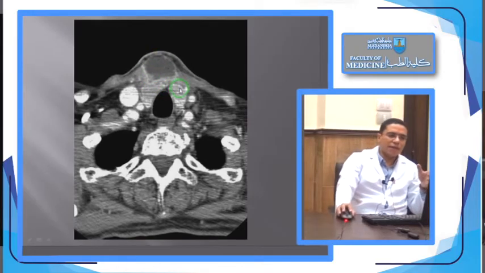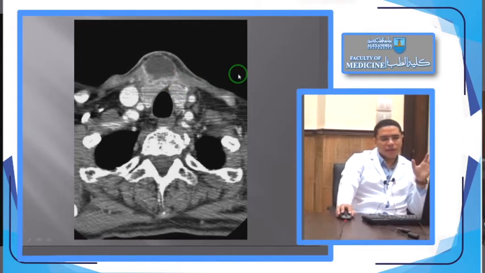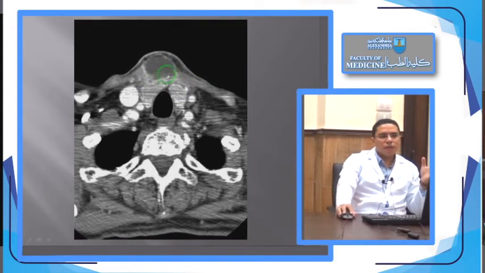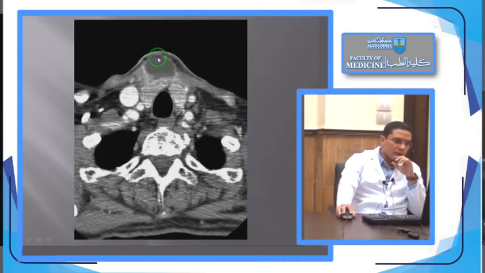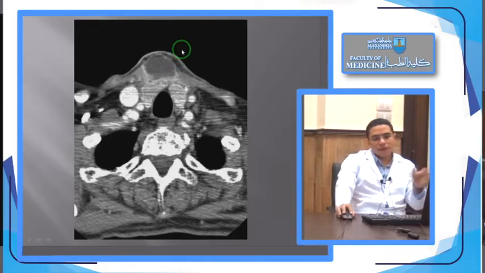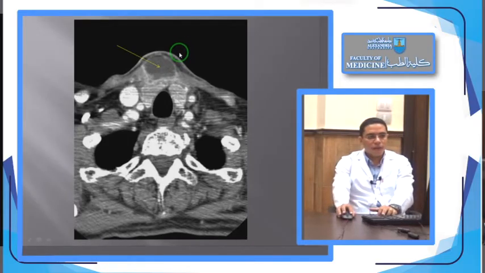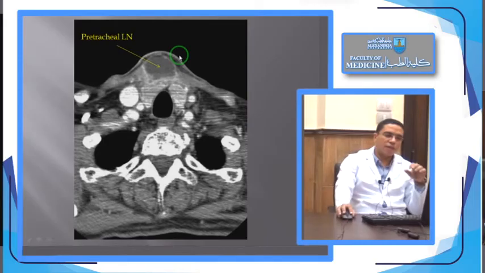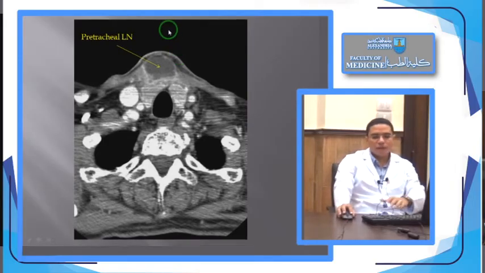From one image I can't give a certain diagnosis, but what I can say is there is a differential diagnosis. So this may be a midline neck swelling, anterior midline neck swelling for differential diagnosis. Maybe this is arising from the thyroid gland, maybe a thyroglossal cyst, maybe a lymph node, because the lymph node is the most common neck swelling, and if this is a lymph node, it will be a pretracheal lymph node, which is level 6 lymph nodes.